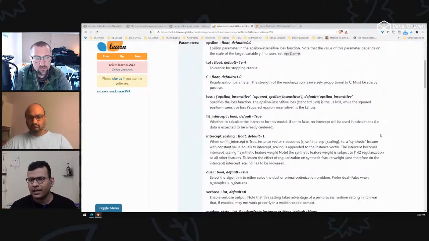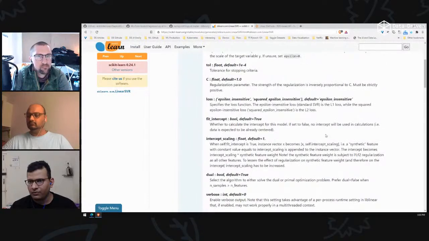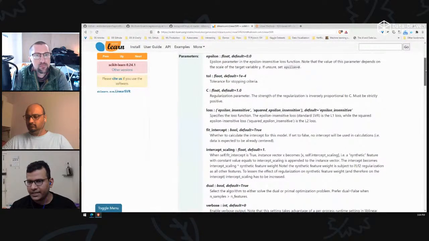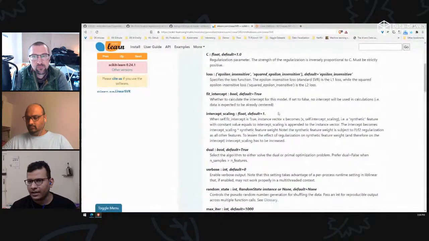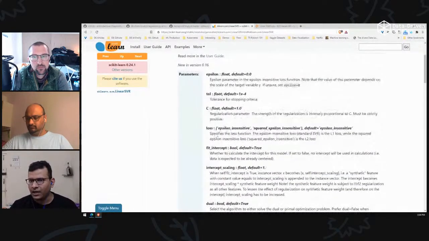We have parameters like epsilon, we have tolerance for stopping criteria, we have C, loss, and these things. So I'm actually not sure about these parameters like C and epsilon. So do you know these so that we can tell a bit about these parameters to students? Parameters of SVM, parameters like epsilon and C.